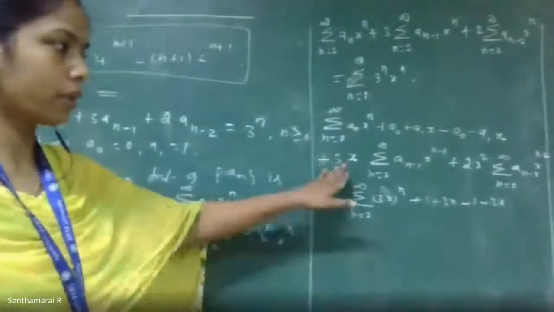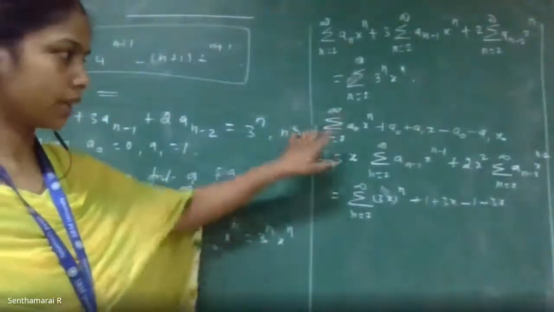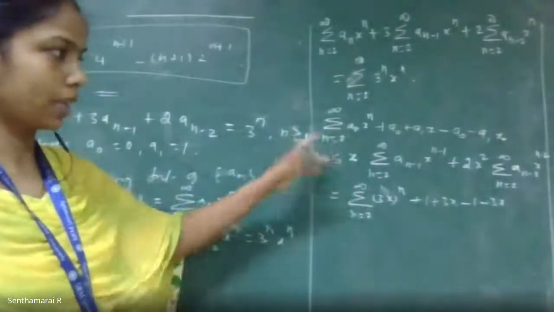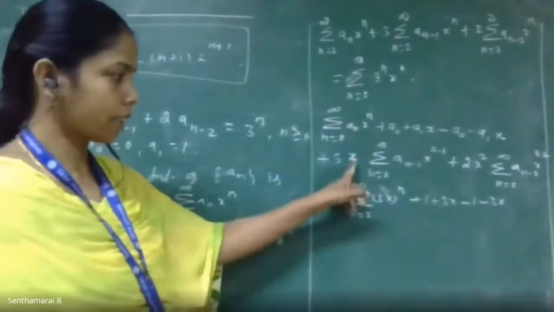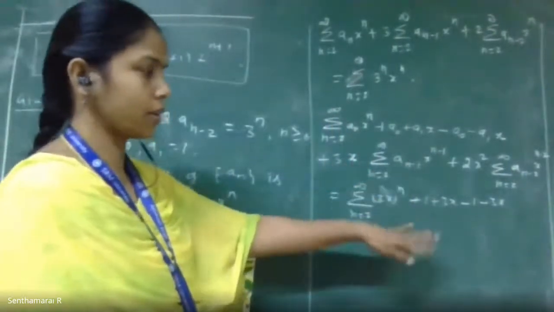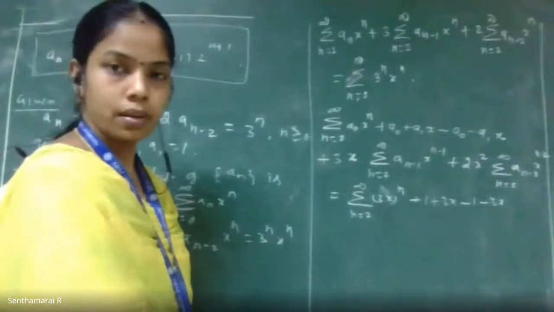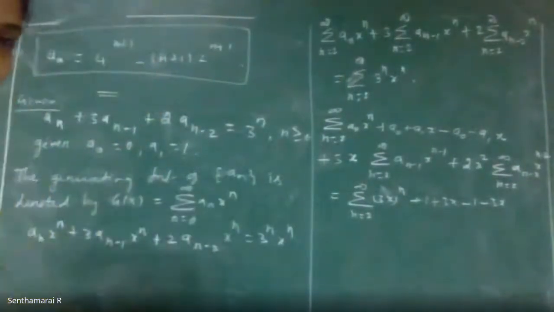You understood the step? Ma'am, in the second term, won't you add and subtract a naught? We have to do one by one. We are doing. Here we are not multiplying any terms, so I added and subtracted the same step itself. Here I multiplied x, so I will do the next step. Step by step we can do.